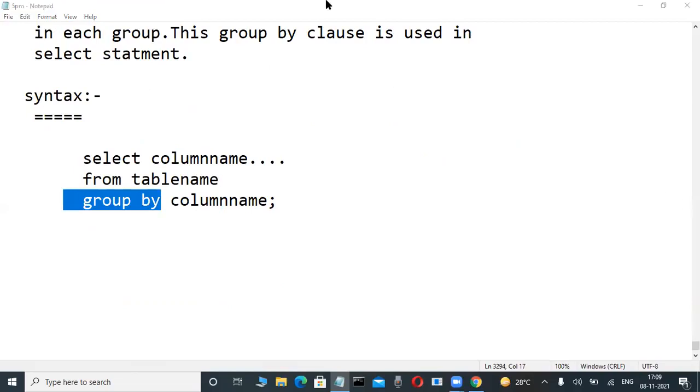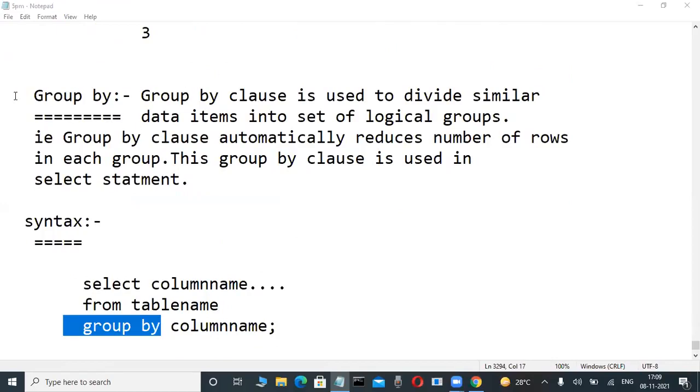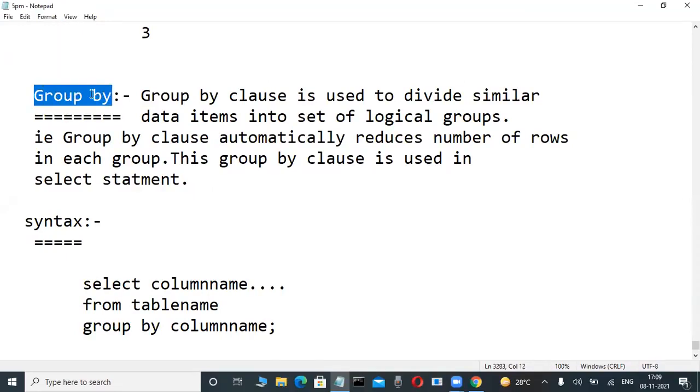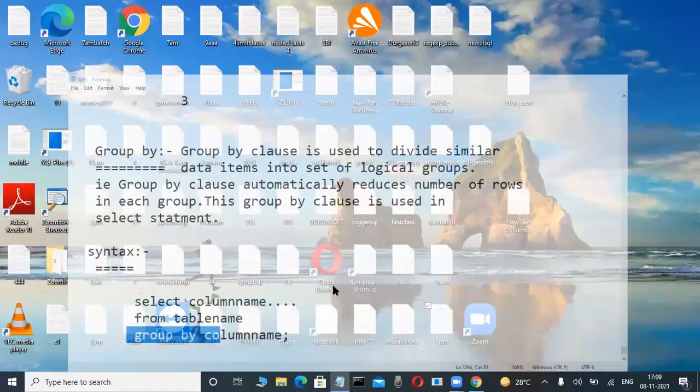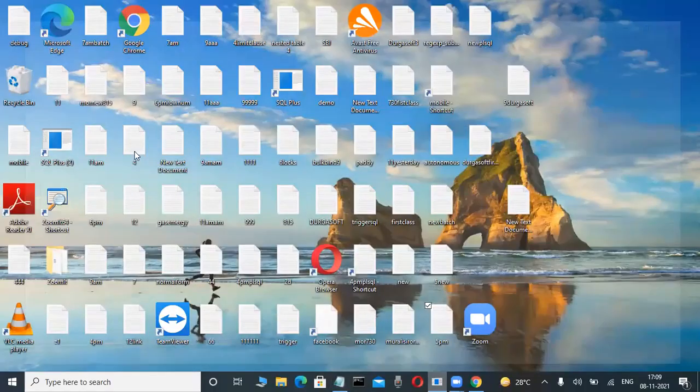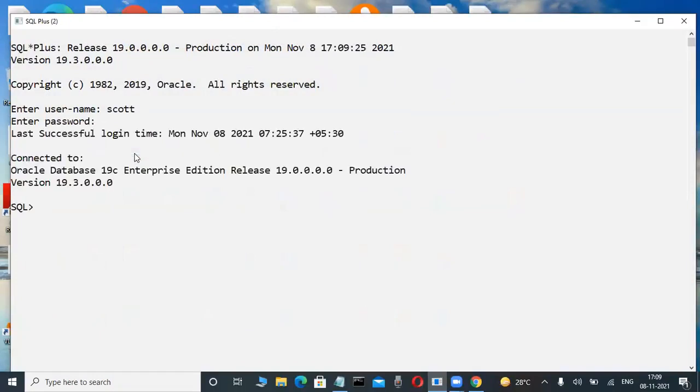Now check it out. Concentrate here. I'm explaining the smallest concept within group by. Actually, this group by clause is used in a select statement. Slowly observe here. I'm setting up the environment: there is duplicate data in a table. It's conceptually easy to understand, but